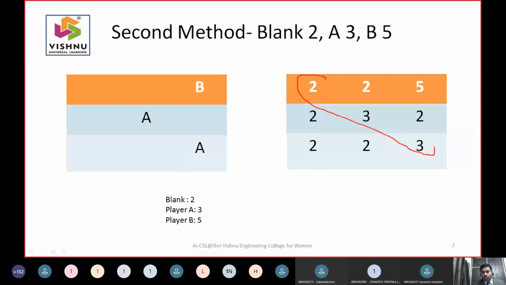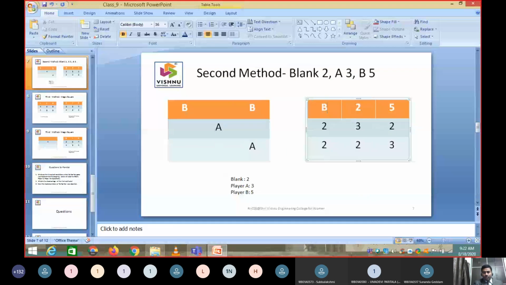This value will tell you that somebody is going to win. That value is your 3 into 2. It's very important here. Once you have this threshold value, what you need to understand is that it is the alert for 5, and what it has to do is keep a B here. It will keep a B here. What is the value of B? 5. So 5 will be there.